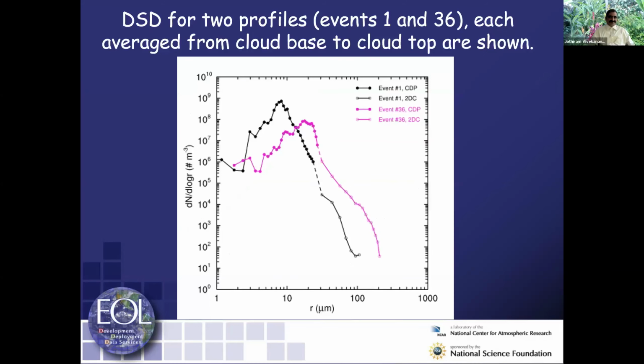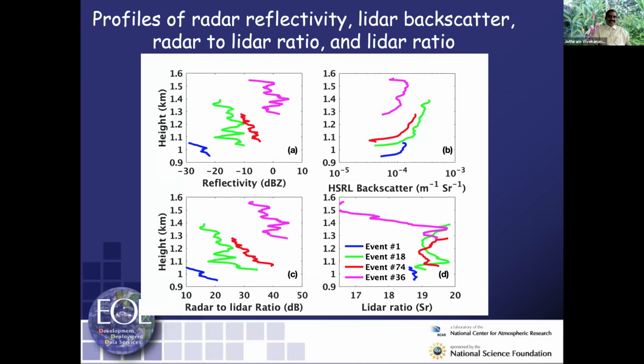To test my technique, I picked many spectra. Here it picked event 1, the black curve, which shows the narrow distributions. The magenta curve shows the broad distributions, shown as droplet spectra in this case. Like that, I picked randomly a number of DSD spectra, which might be cloud-base, ascending or descending spectra, basically. These are composed of each of those, and I computed dBZ values